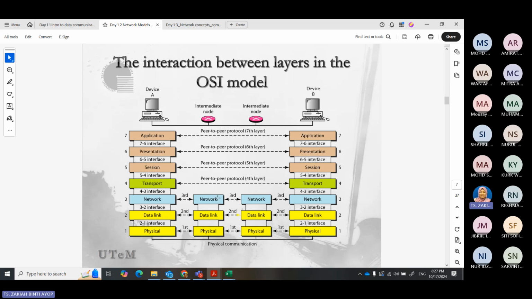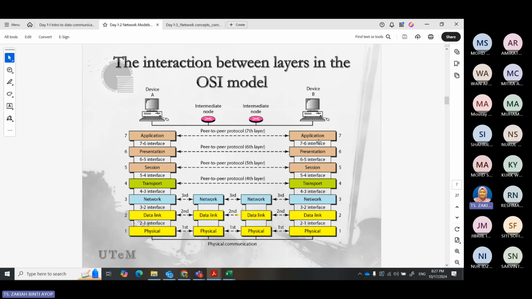That's what we call an intermediate node. It will only pass through 3 layers, and then go back down and send it again. If there is another intermediary node, again only 3 layers will be affected, until it reaches the edge network, which is the end of the devices, the destination.